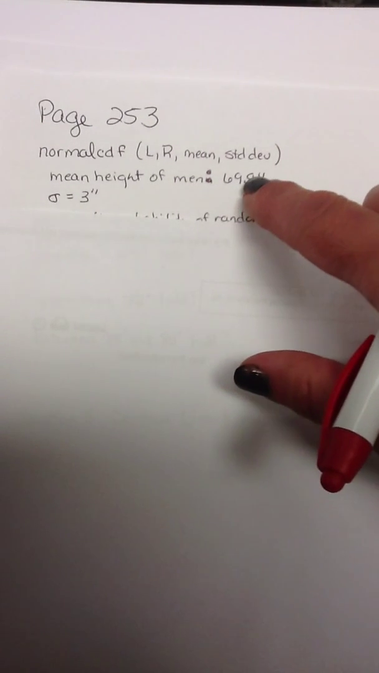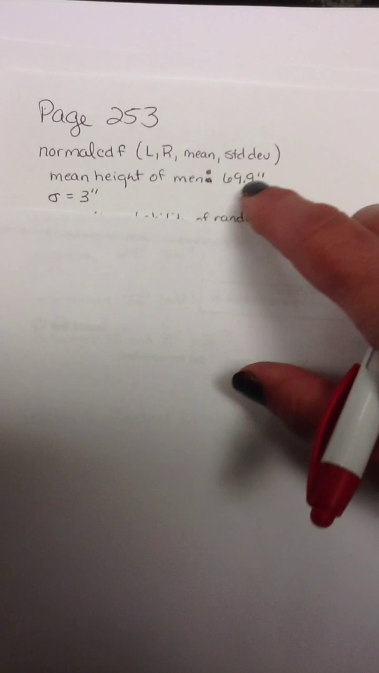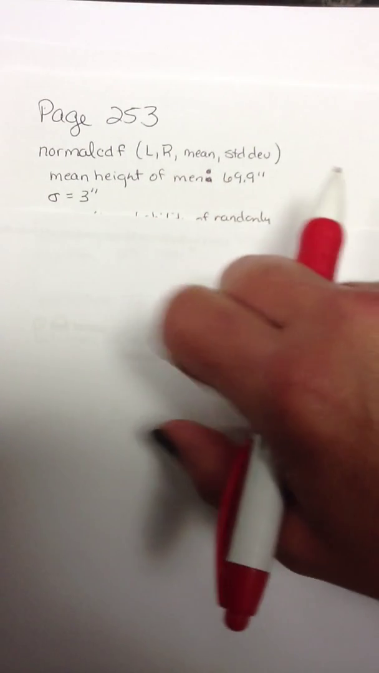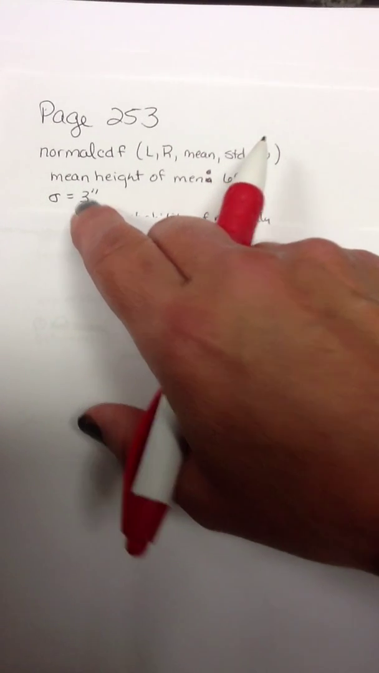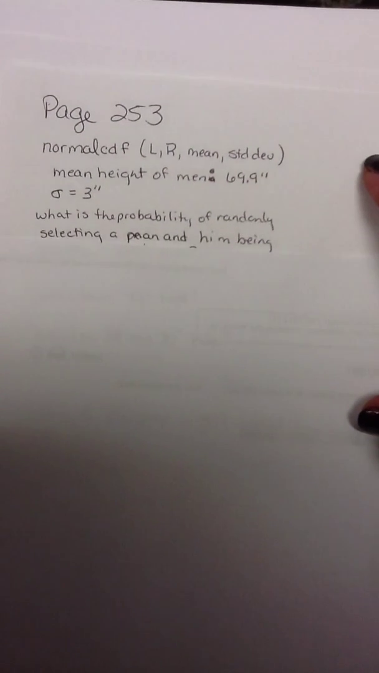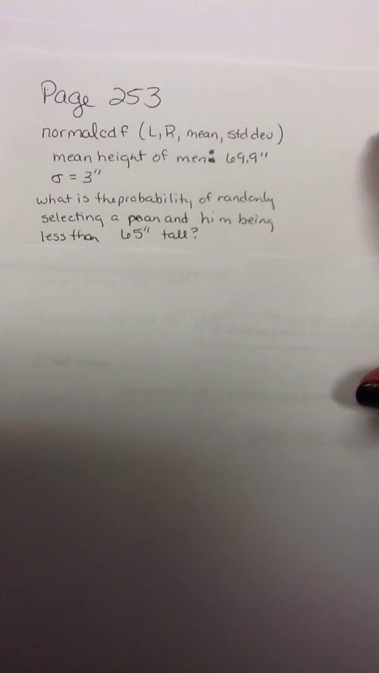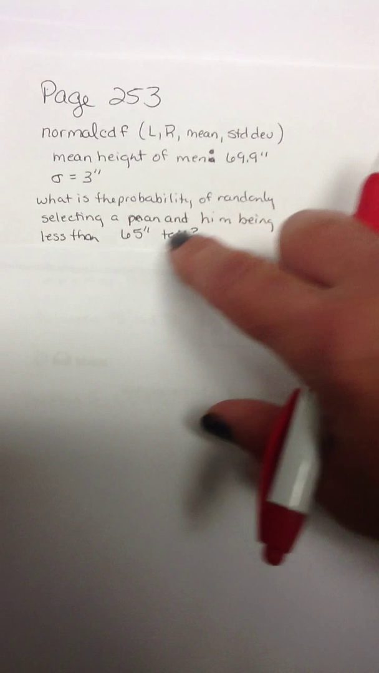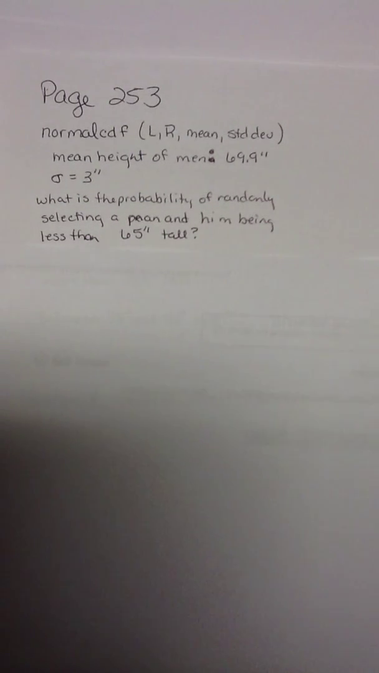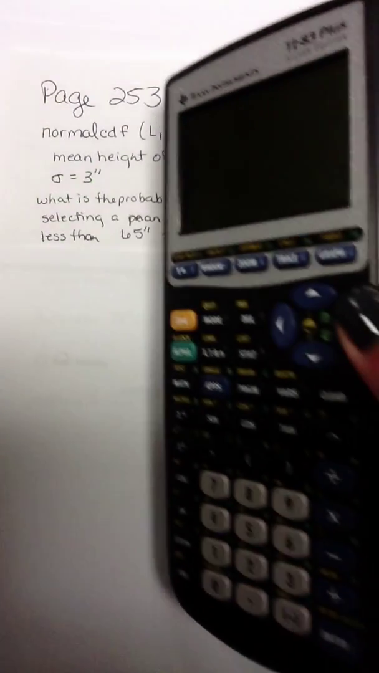And just to give you an example of this, we're going to say that the mean height of men is 69.9, which is true in the U.S., with a standard deviation for the population, so sigma, of 3 inches. We're going to find the probability of a randomly selected man being less than 65 inches tall. So we're going to just take the population of men and figure out what the probability of him being 65